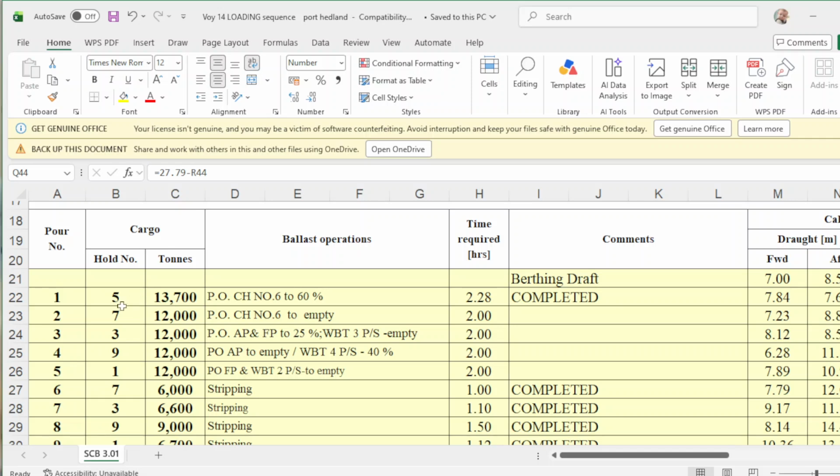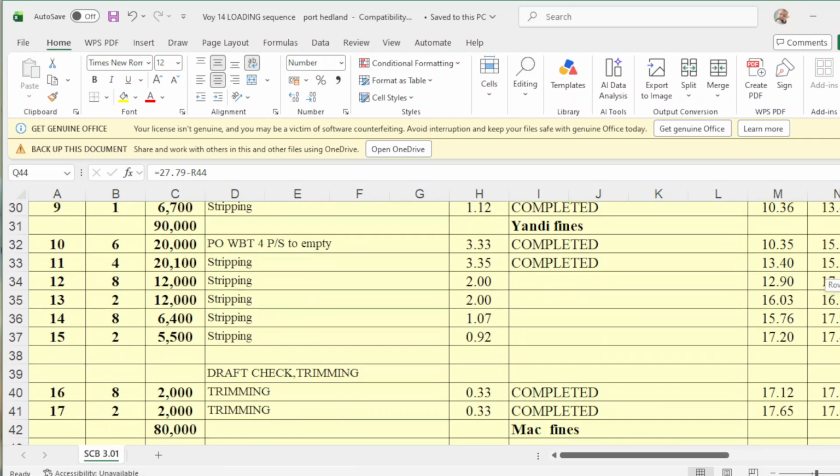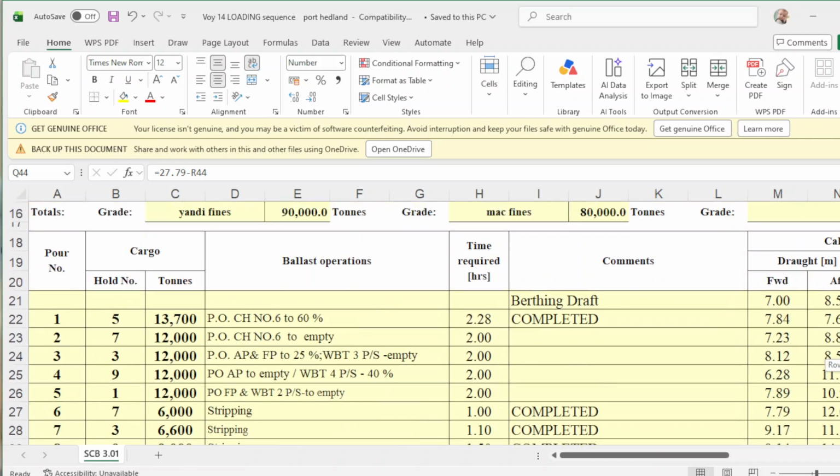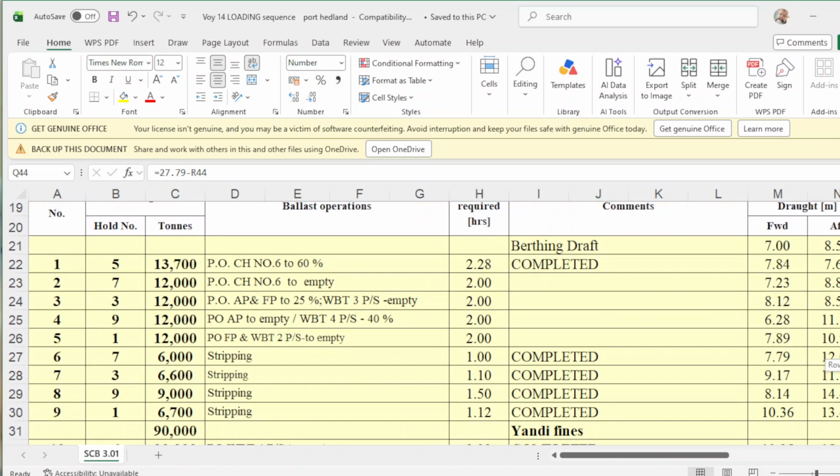So first they load in number 7, and after number 5 they load number 7. So they first loaded in odd numbers: 5, 7, 3, 9, 1.